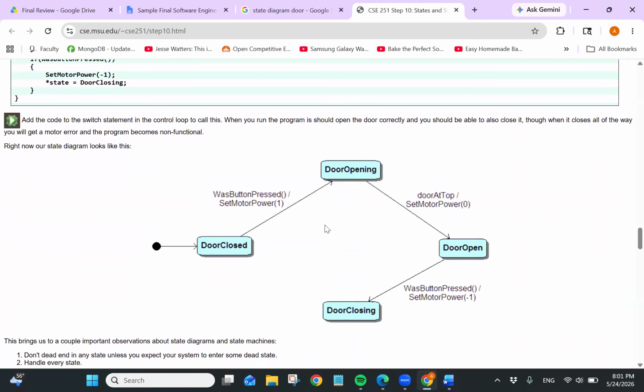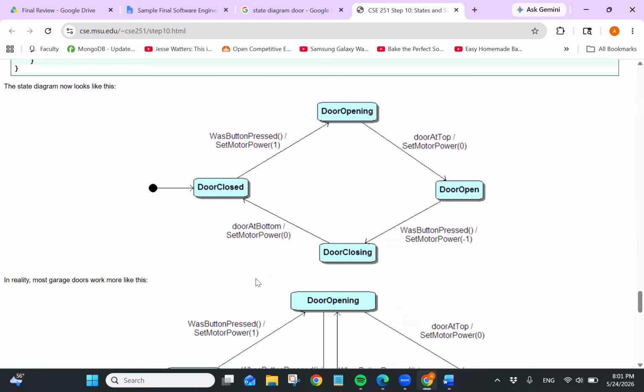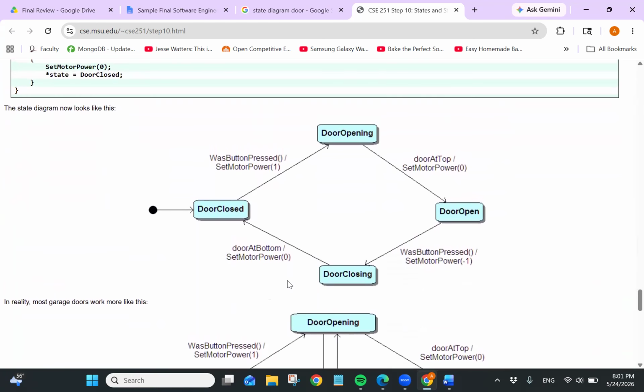And then if it's opening, they have a door closing state. Okay, I don't really like that. But I really like just door open and door closed. Because the verb closing and the verb opening is not really a state, right? It's really what's happening. So you're transitioning from door closed to door open through the door opening, but I would disagree and say that door opening is not a state